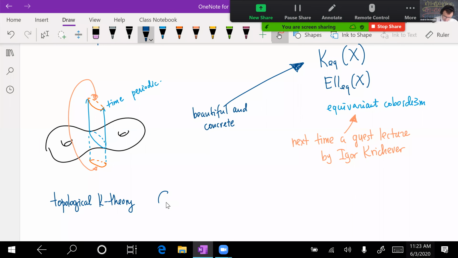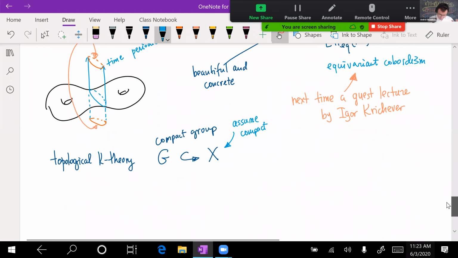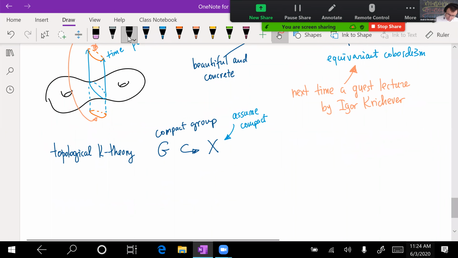And so in topological K-theory, you take a compact group acting on a space, which is a general topological space, but to start, it's convenient to assume compact right now. If it's not compact, then there's a slightly more complicated discussion. And then what's K_G? An element in K_G is just a G-equivariant vector bundle. So it means I have an X, a compact manifold, and a G-equivariant bundle means a vector bundle